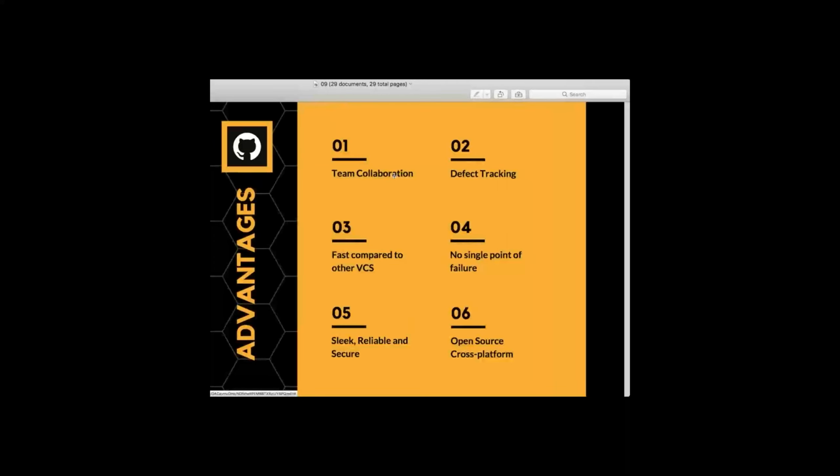Then I have something called defect tracking. How am I going to do the defect tracking? Git has some features for this. Let's say multiple people worked on one particular file. Lines 1 to 10 were written by one developer, lines 11 to 20 by developer 2, and lines 21 to 30 by developer 3. Now, let's say the defect occurred when developer 3 worked. So what are the lines he worked on? 21 to 30. But generally it is going to be tracked by Git, because whenever you made some changes,